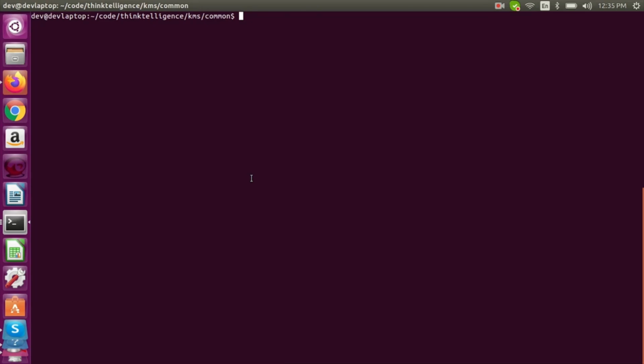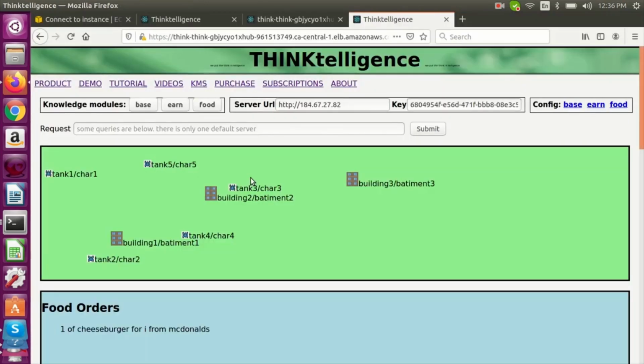So you can make a new knowledge module and include all of the knowledge from the other knowledge module into your new knowledge module and reuse it. So I'm just going to show what one of these looks like. Oh wait, on the website,